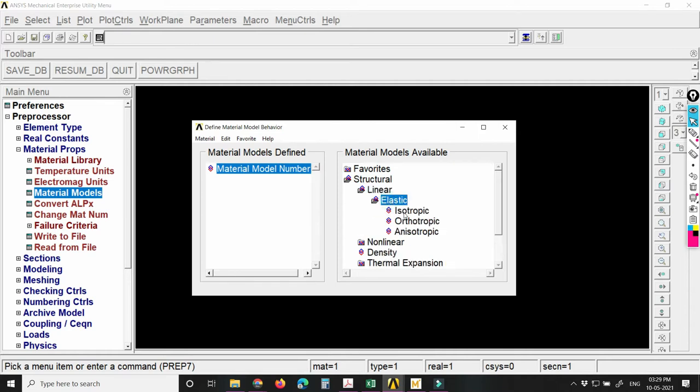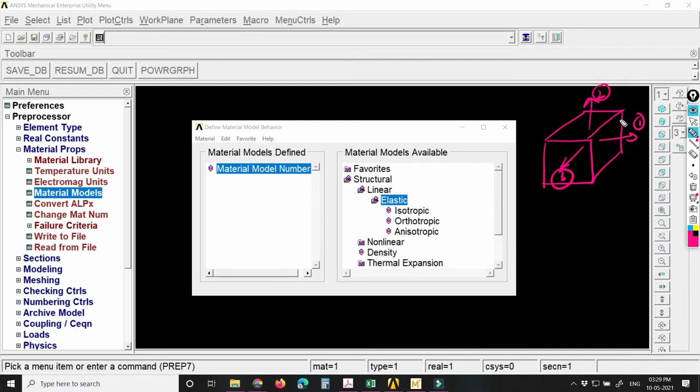Then whether it's isotropic, orthotropic or anisotropic. So what is isotropic? Isotropic means its properties are the same in all the directions. Suppose you have a cube over here, and if the properties are the same in all the directions, suppose this is 1, this is 2 and this is 3 direction.